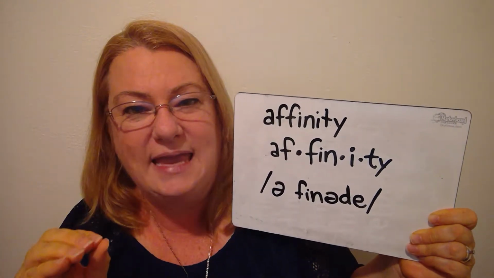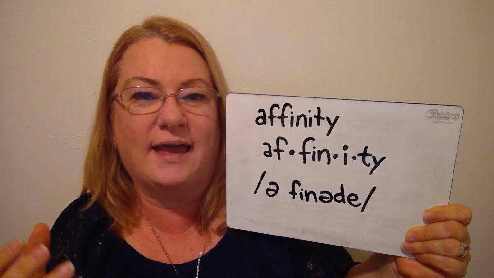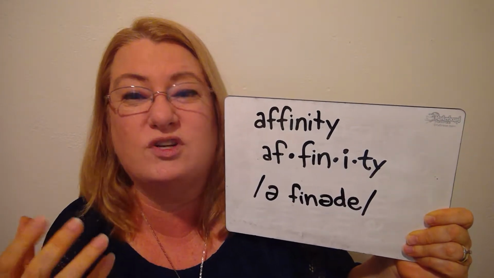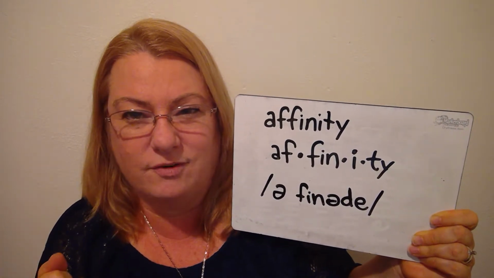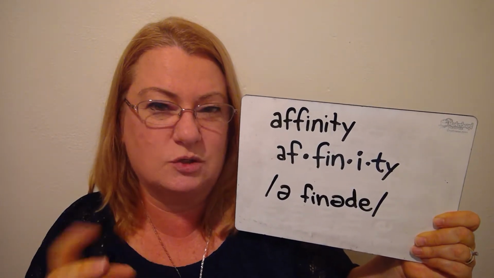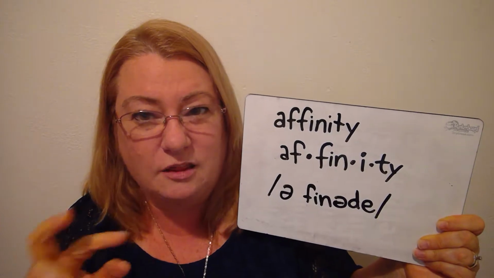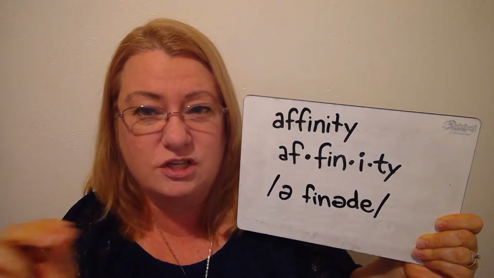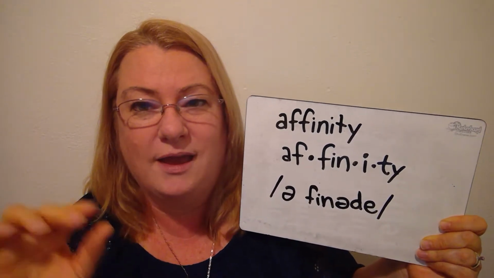It's a spontaneous or a natural liking to something or for someone that you have a liking for. And then it's also the similarity of characteristics, like within a relationship. Like the mother and daughter might have an affinity for each other, affinity with each other, and what they look